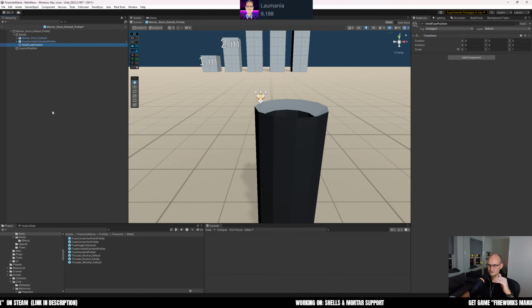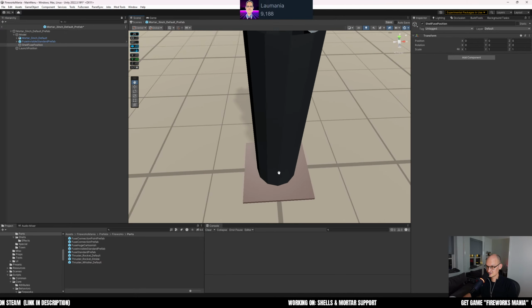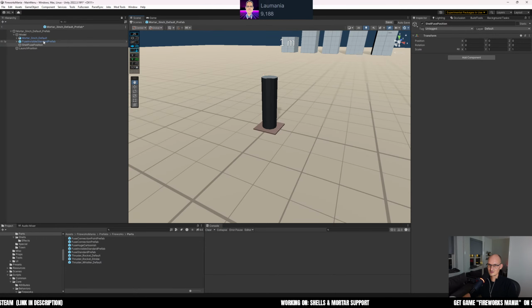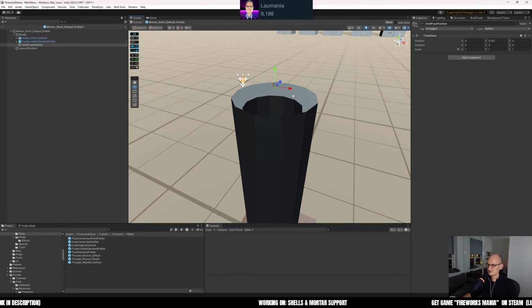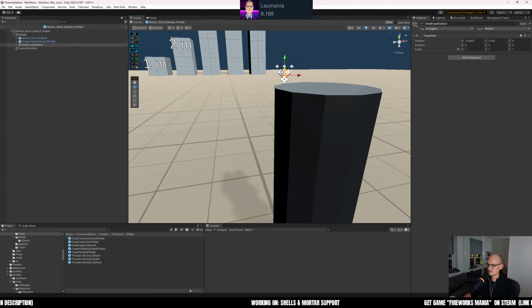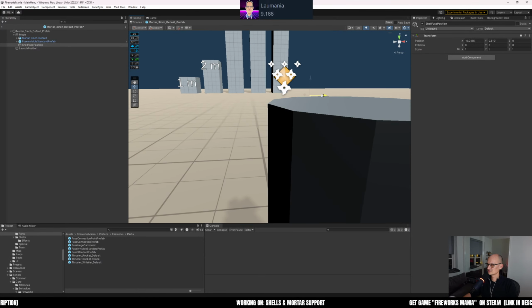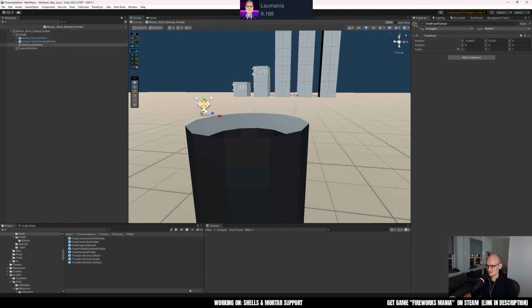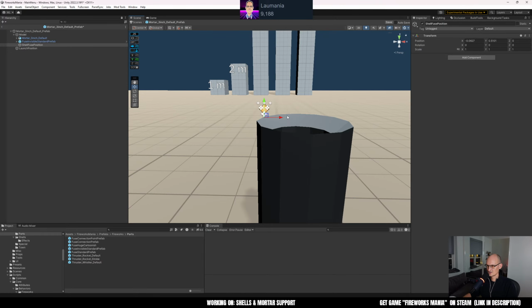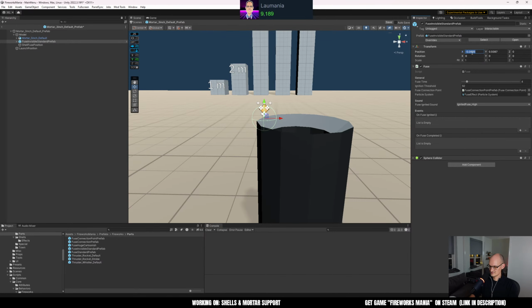So that will be where the fuse from the shell is being placed. Where is that now? So, and we can do, yeah. So that would be something like here. So this is where the fuse is always placed, and you can see the side is the red, it's the x-axis that is the side. So that's it. And the fuse itself actually doesn't matter,